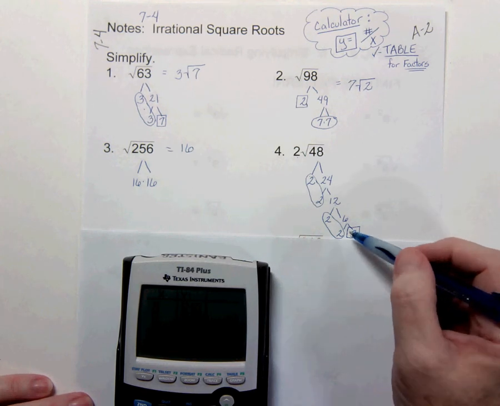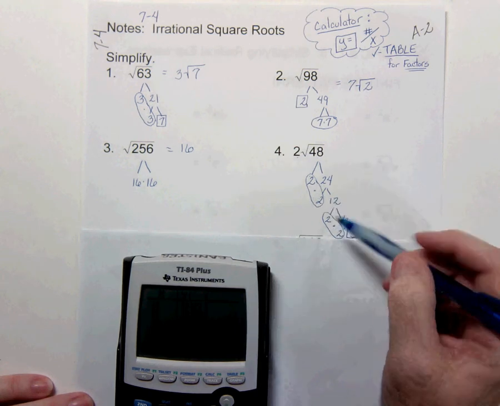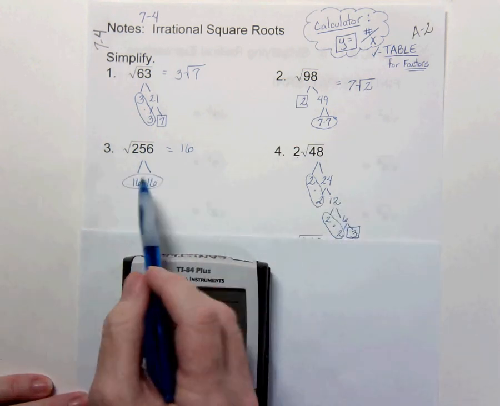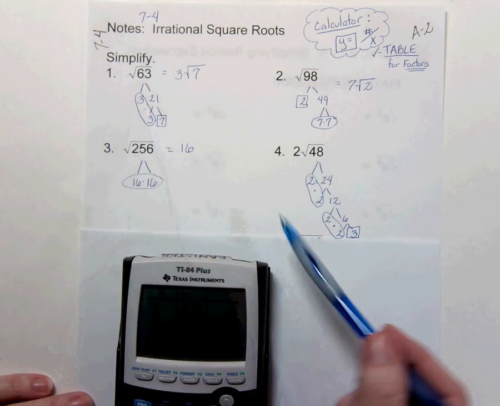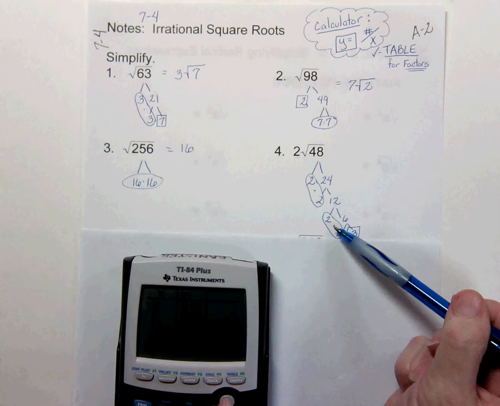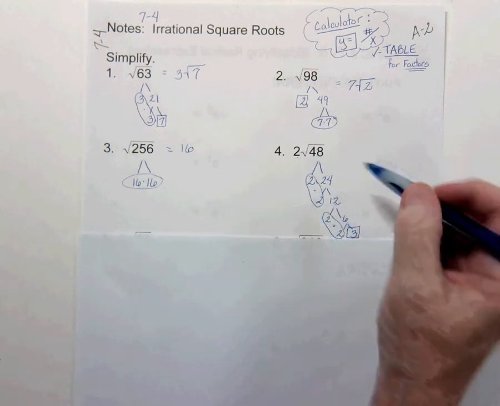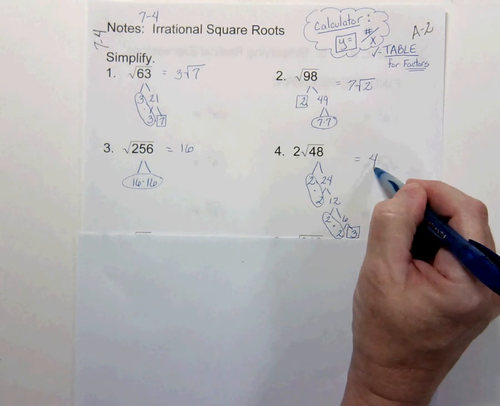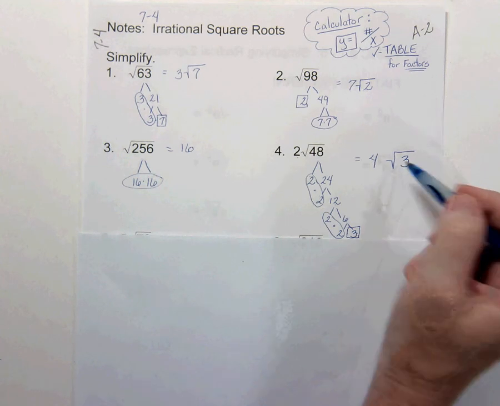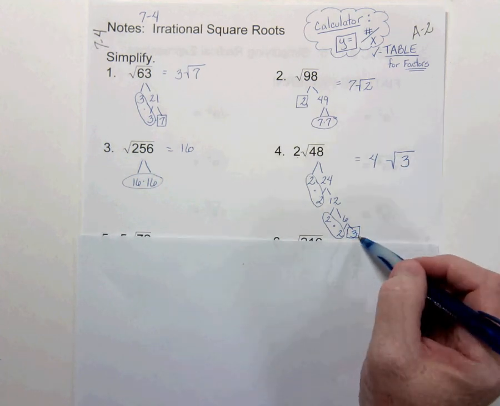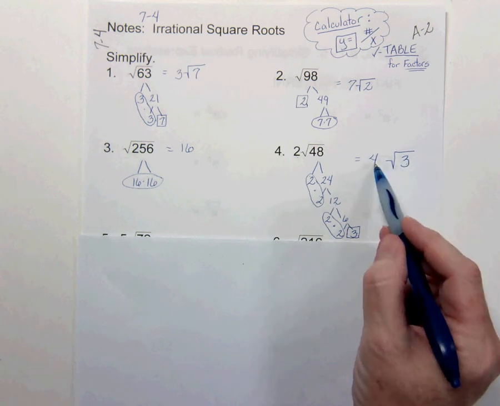Alright, this one's kind of tricky because you are looking at 2 sets of circles. Everywhere else we've only had 1 set. Here, 1 set here, and 1 set here. What we have to do with these two is take that 2 times 2, which is 4, but you're going to factor out a complete 4, and then what stays under is a 3. Get in the habit of putting a box around something that doesn't have a pair, and you'll know that it stays under the radical. But we're actually not finished with this problem.